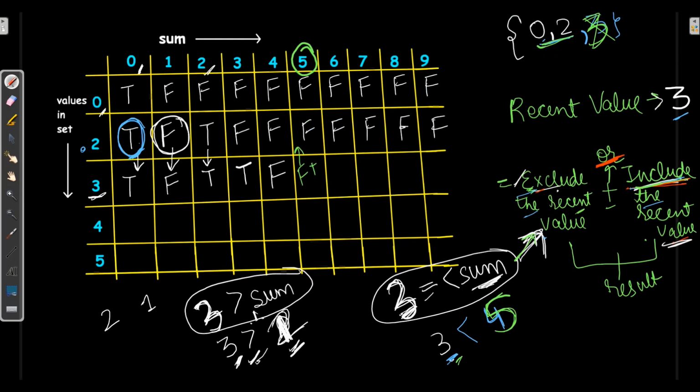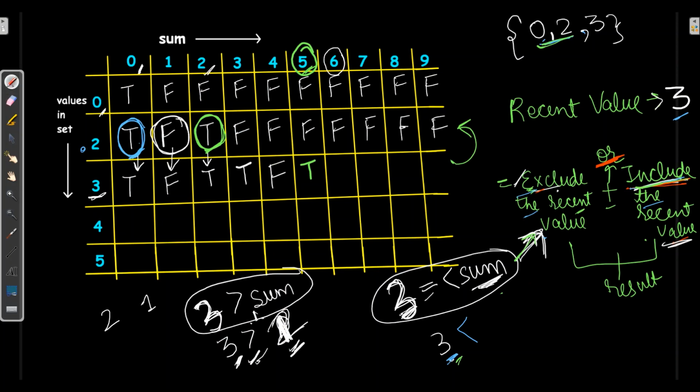So we will verify in the upper row in the 2 column. It says it's there, so here it will be true. False or true makes true over here. That 5 sum can be achieved with 0, 2 and 3.